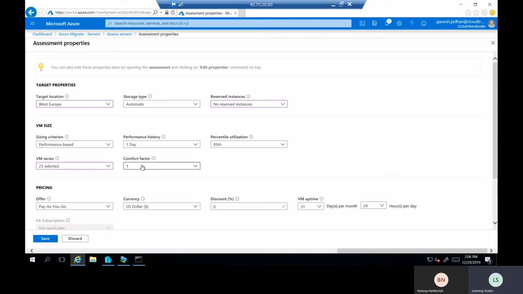So what is comfort factor? Comfort factor is a term which we used in the past, known as taxation. Comfort factor will tell you what type of configuration you're looking for on Azure. So let's say you have an on-premises machine with a configuration of 1 core processor and 2 GB RAM. If you set the comfort factor to 1, Azure will come up with the equivalent configuration on Azure itself, like 1 core processor